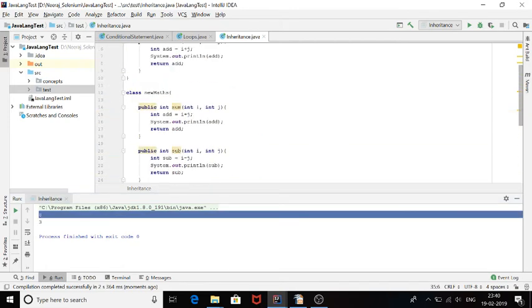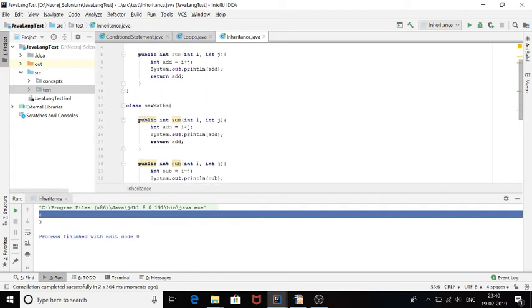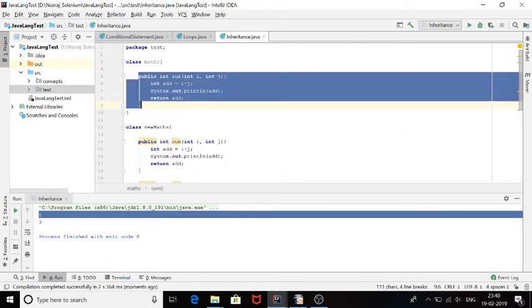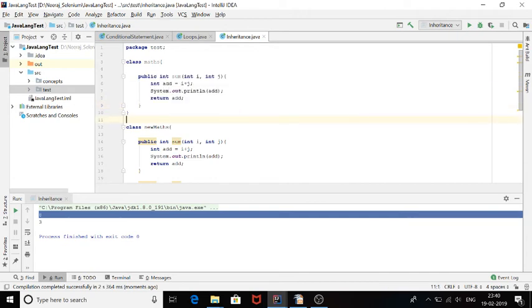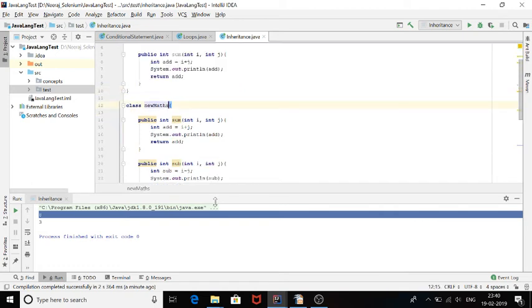But what have I done here? I have written the code twice. This is the same code which I have written twice. And in Java, I can't do code redundancy. This is the redundancy and duplicacy of the code, which in Java is not correct. So what I will do, I will create this class as a superclass or a parent class and this class as a child class. So when I say